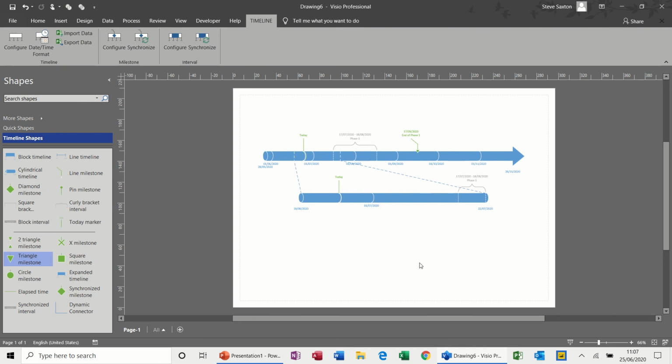But for now, that's the end of this session. So I hope you've got a bit of a feel of how Microsoft Visio works. We did basic shapes, we did a little bit of an organizational chart, and now we've done a little timeline. Some of the diagrams are a bit more complicated than this, a bit more detailed. Not complicated, but the basic